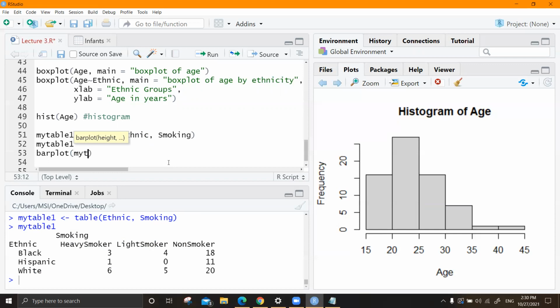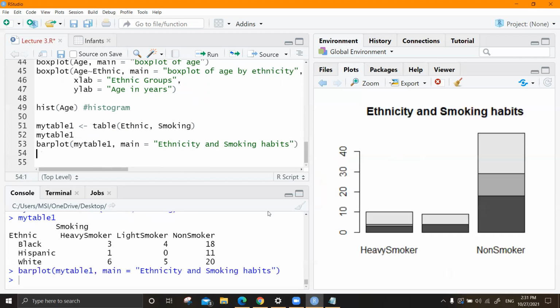You can give the table name, and then you give all the necessary stuff, say ethnicity and smoking habits. You can have the data labels and so on. I'll just leave it like this for the moment.